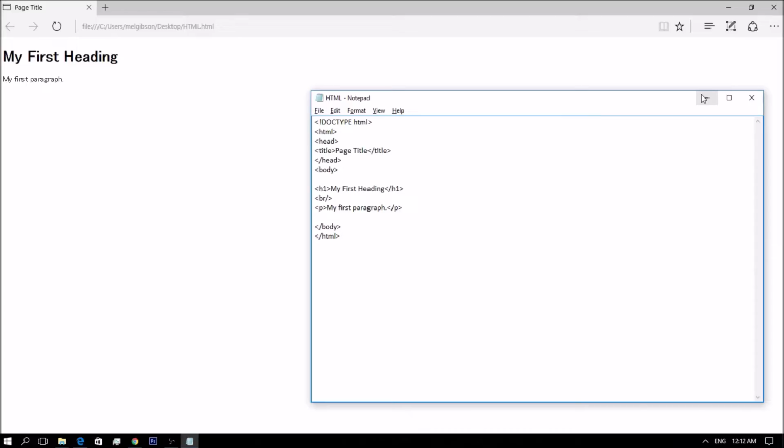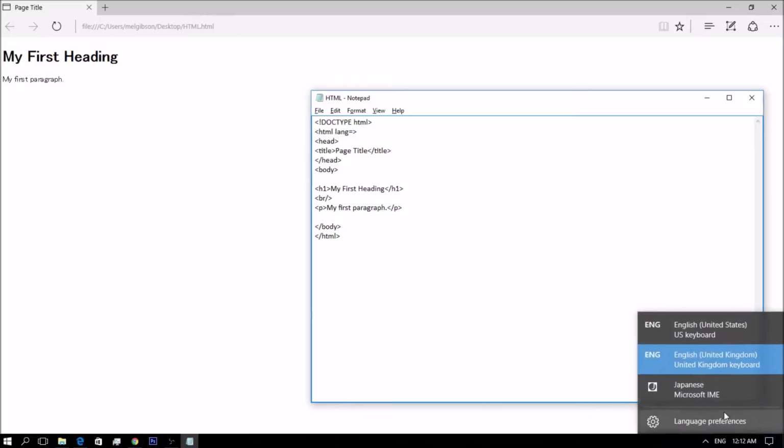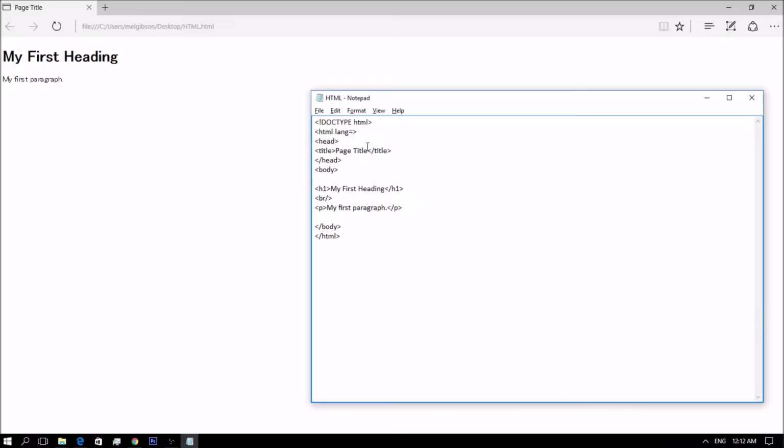We have the lang attribute. So en represents the language, English.